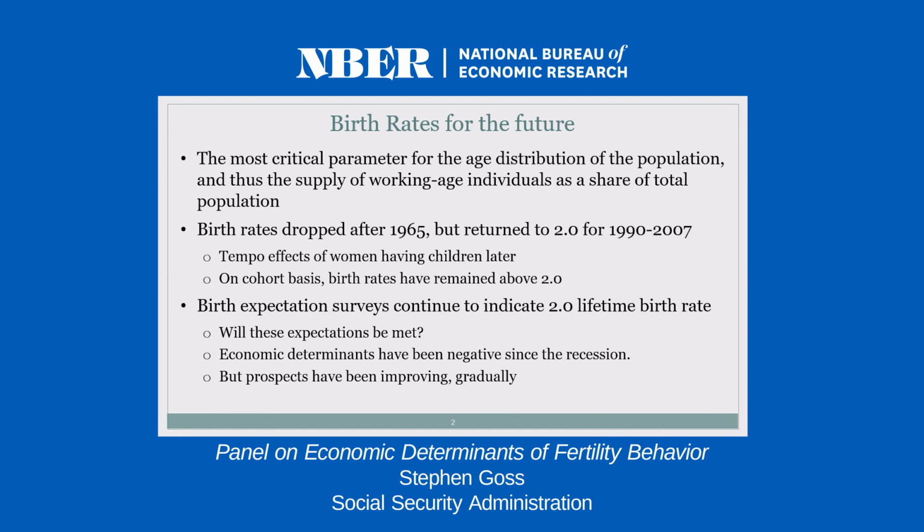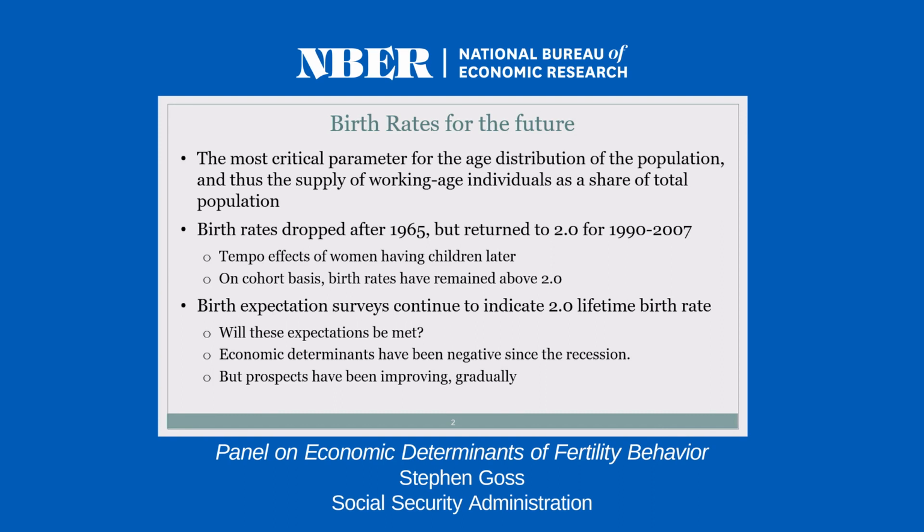They returned to about a 2.0 level. This is the total fertility rate in 1990 to 2007, largely because of the effects of what everybody sort of described so far, but not using the sort of technical term, tempo. We had a lot of change after 1965 of people at younger ages, for many reasons, starting to have fewer kids, but then as has been observed by many here, we started to have the birth rates at higher ages, especially in the 30s, going back up. Birth expectation surveys, Karen and others went through with some care.